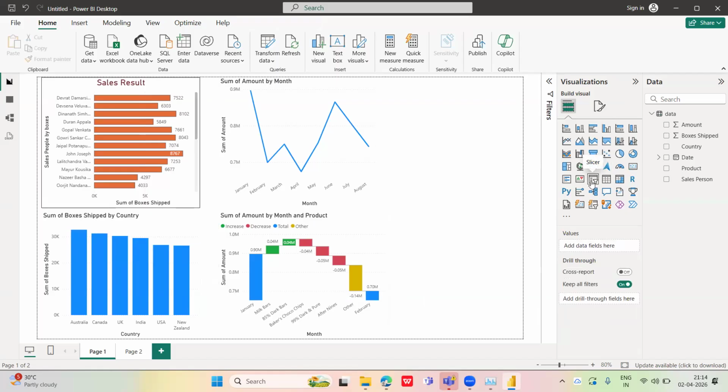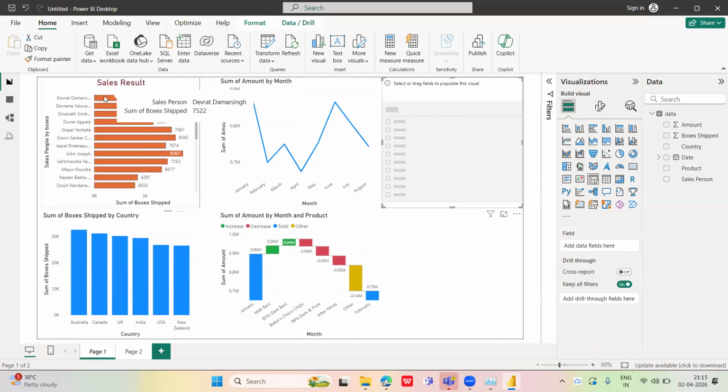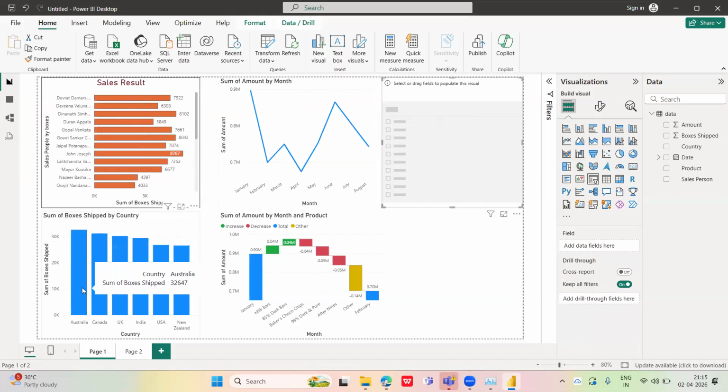Now we'll go to slicer, okay? We just dragged a slicer to our canvas. Now we'll use any of these as a slicer. Before that, I just wanted to say, if you hover over any country like Australia or Canada,